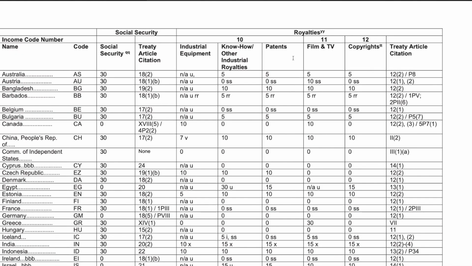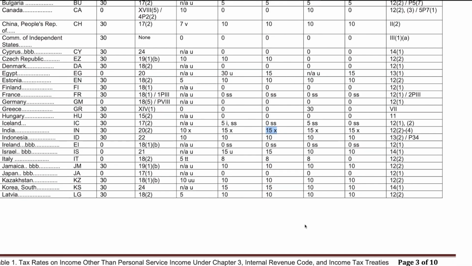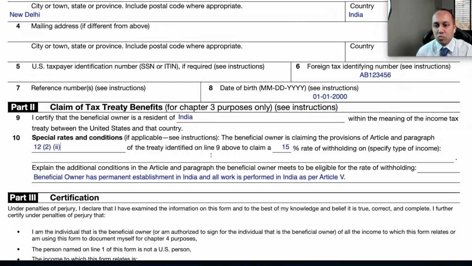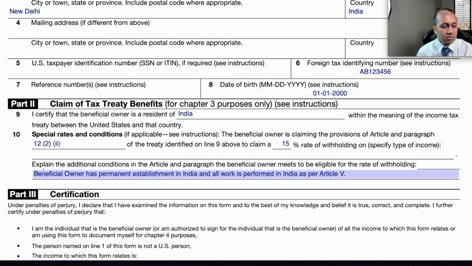Royalties could be anything. It could be copyright, patents, TV, industrial equipment. I highly doubt that's applicable in your case. But if you have, say, a US payer, it could be YouTube or Google Ads, Fiverr, Upwork, you can put 15% withholding. Going back to this form, we know that it's 15%, and coming down over here,